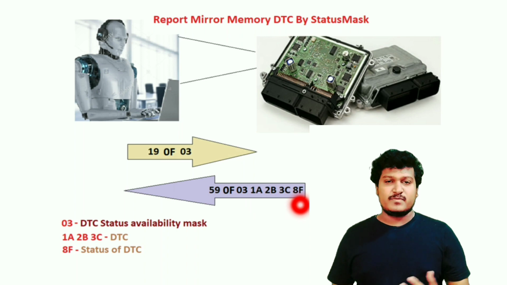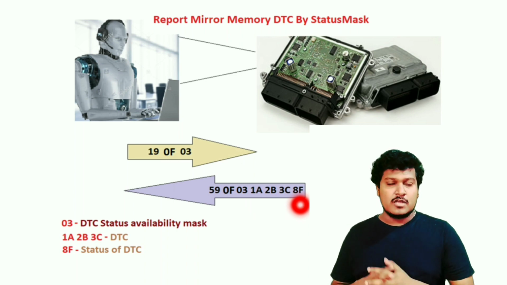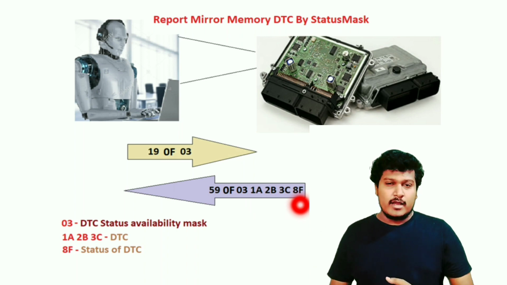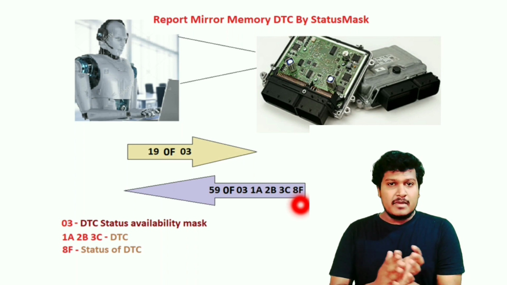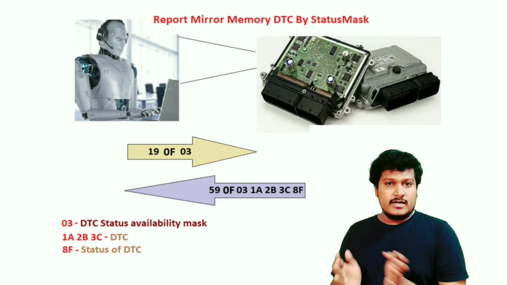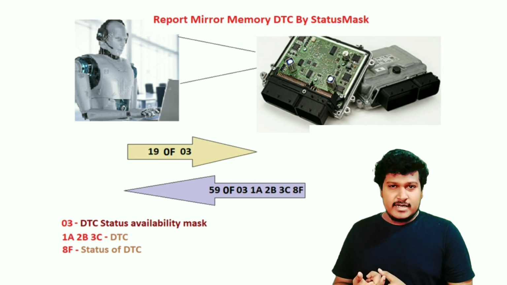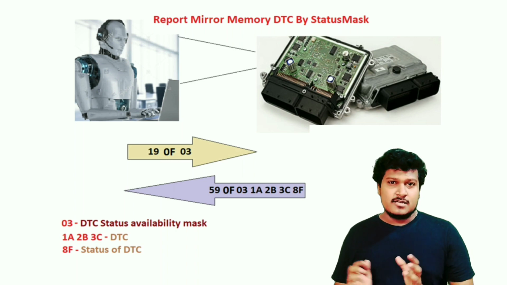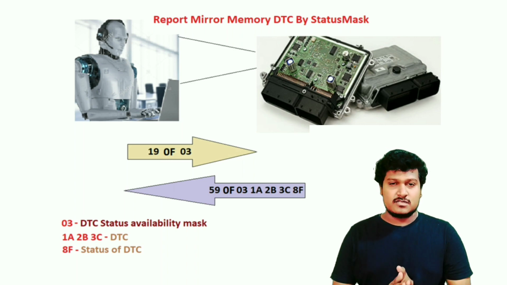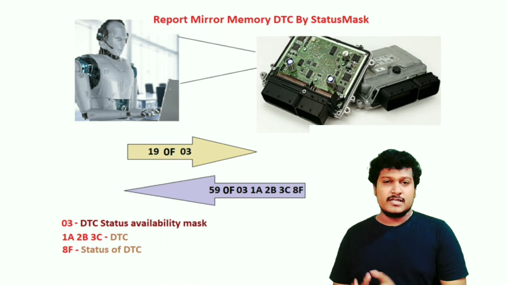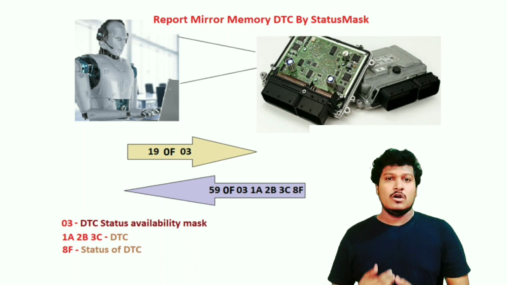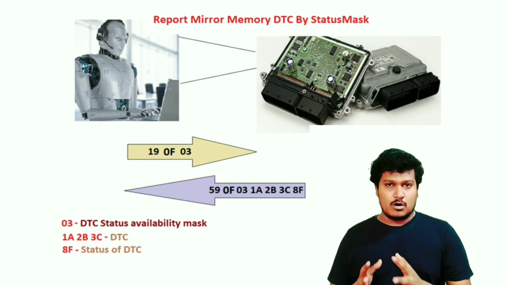In the previous video I explained how the status of a DTC flows, and that is what this is all about. I got a comment saying, okay, you explained the flow, but how does the DTC status come followed with the DTC? Maybe in future videos I'll try to explain this. So the part here is that after the DTC there will be the status of the DTC. This is all about the request of the mirror memory DTC to retrieve the number of DTCs present, and also to retrieve the exact DTCs that are present.